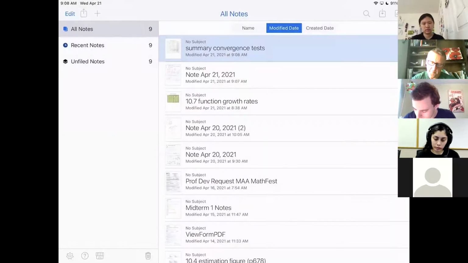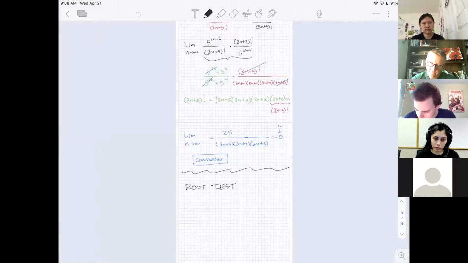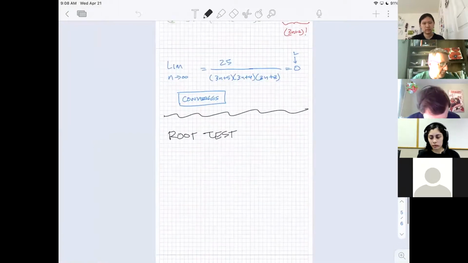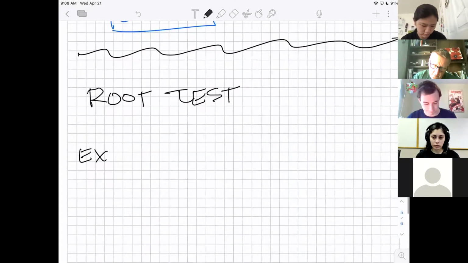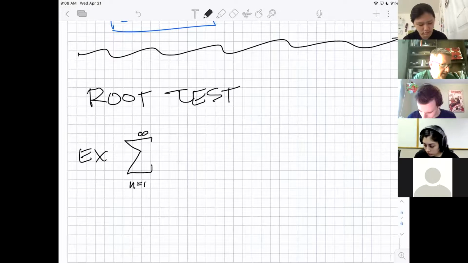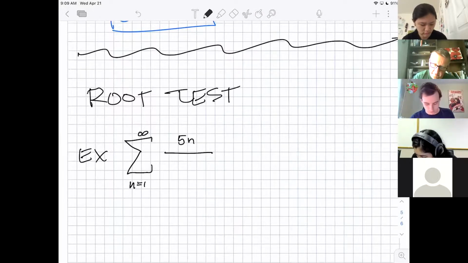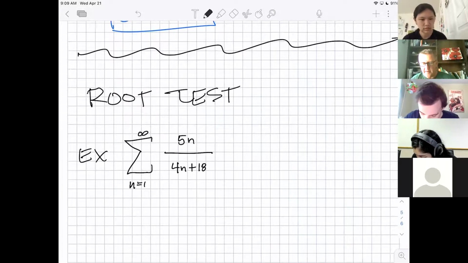We need to look at an example because that's not helpful. We saw it, but it's not helpful. All right, what would be an example of that? Well, something like this. What if you had the sum of a series, we'll say from n equals 1 to infinity, and it was 5n over 4n plus 18. Now, if I stop right there,